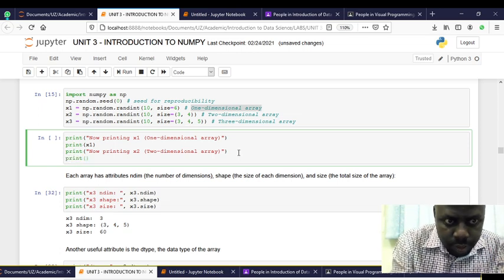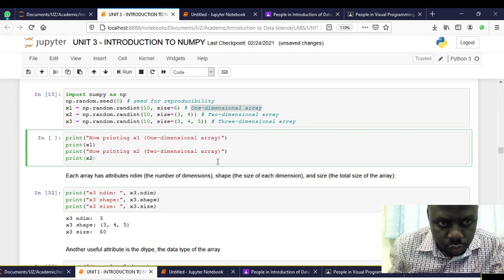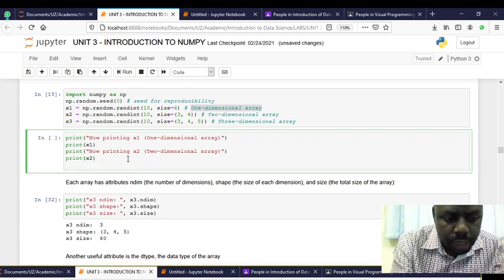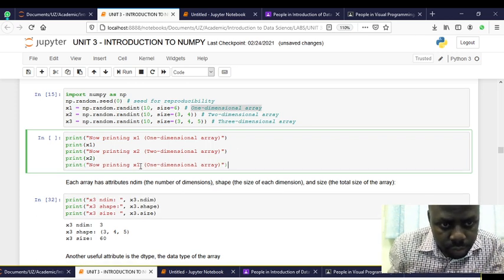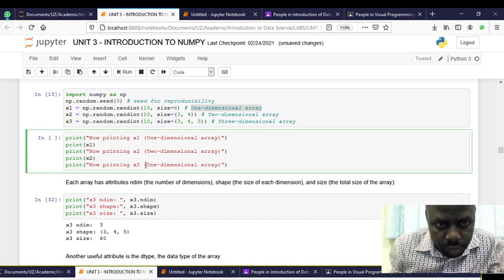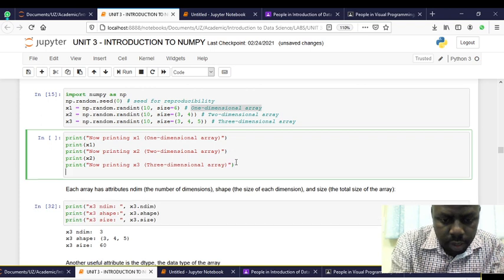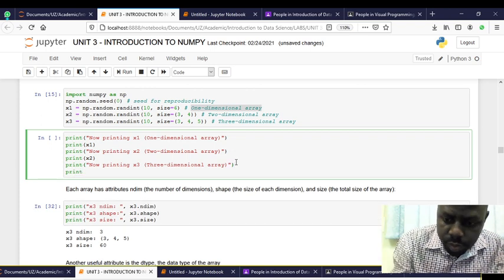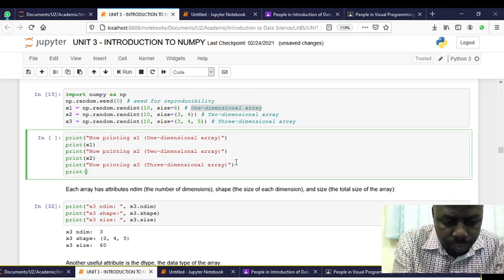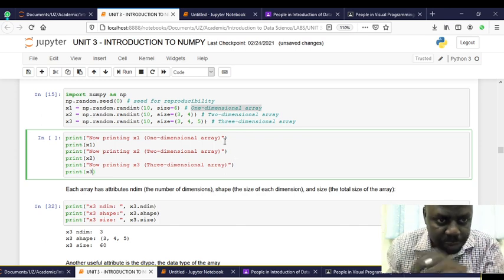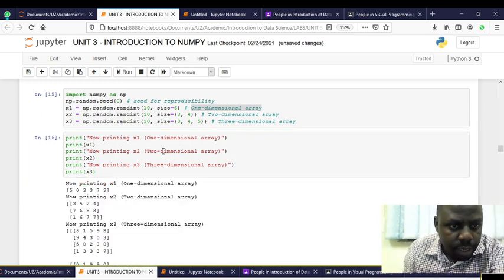Print x2, right? Now we want to print x3, which is a three-dimensional array. x3, right? Such that if we run this, you see that